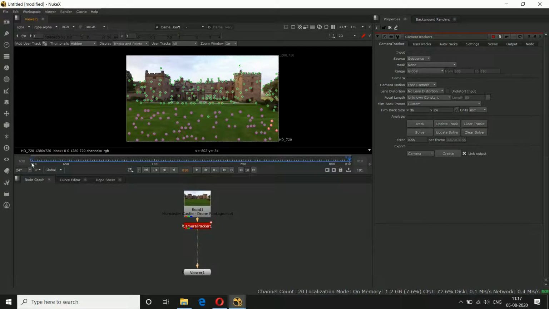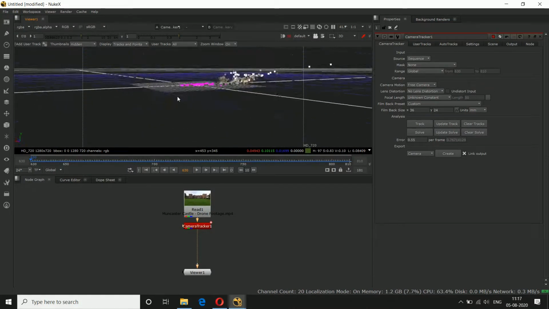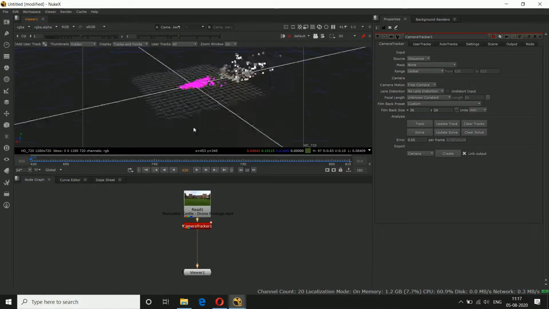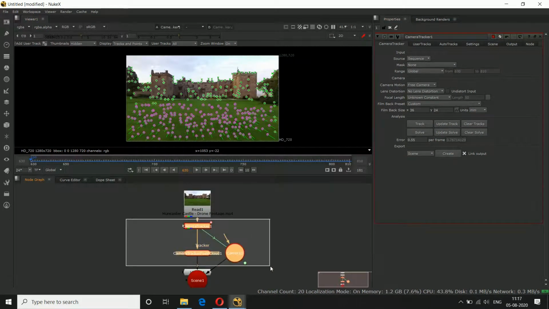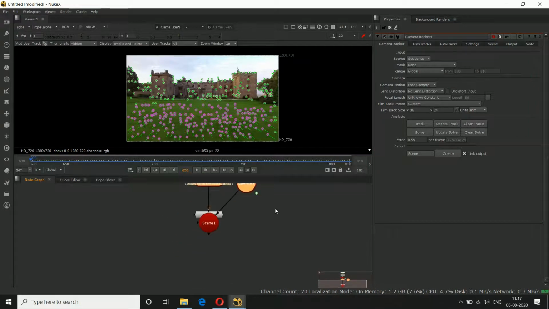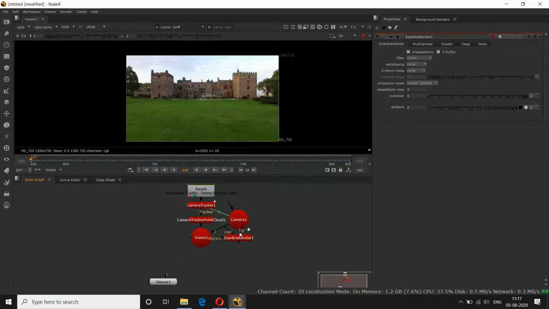So now we'll see our 3D view. You can see that our scene orientation is quite correct. So now we'll create the scene. Create. Now we'll just align it properly. Now we'll take one ScanlineRender node.